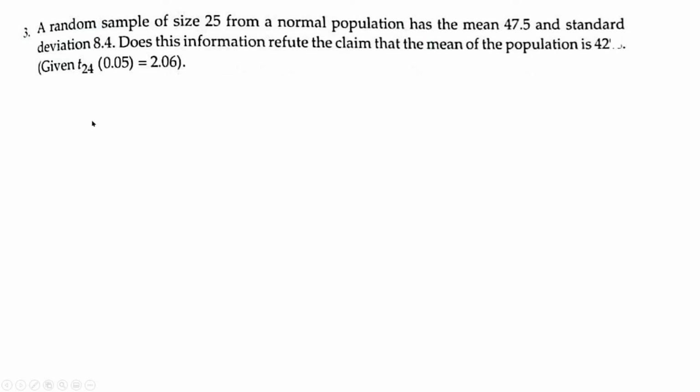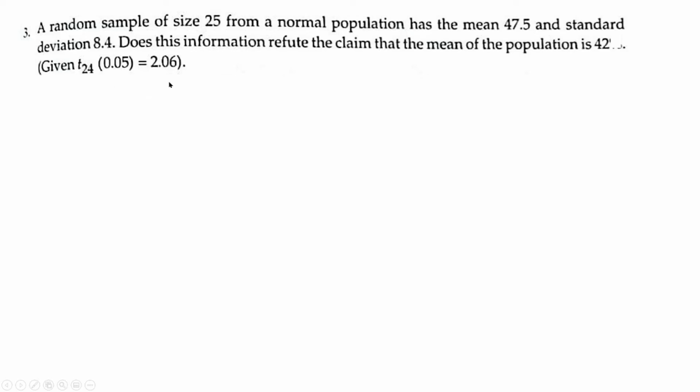Moving on to the next question. A random sample of size 25 from a normal population has mean 47.5 and standard deviation 8.4. Does this information refute the claim that the mean of the population is 42? And here it is given the tabulated value of t at 5% level of significance with 24 degrees of freedom,